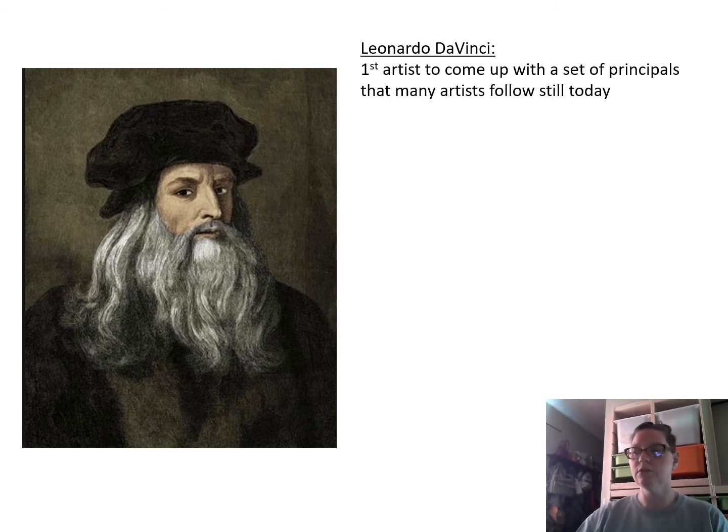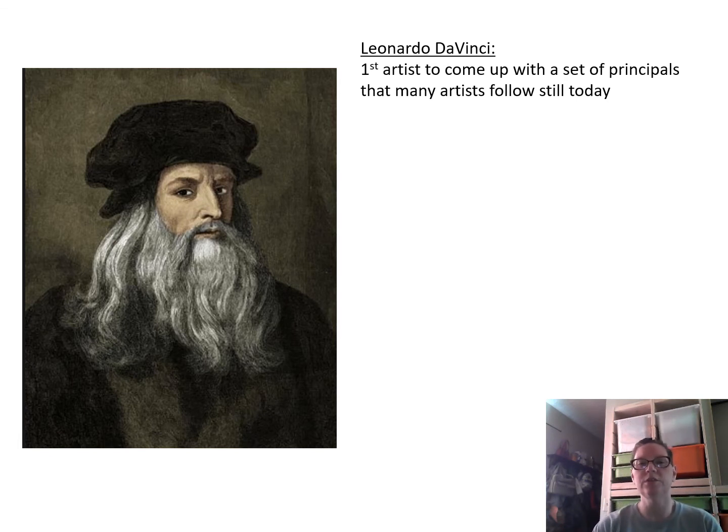So the first major artist we're going to look at here is Leonardo da Vinci. Da Vinci comes up with a set of principles that many artists still use today. He was a polymath, a man who could do many things. He studied